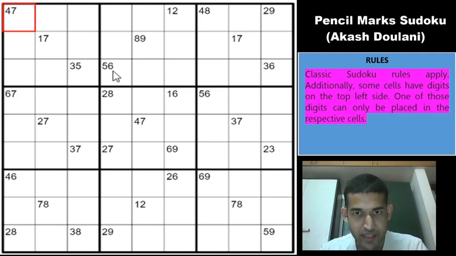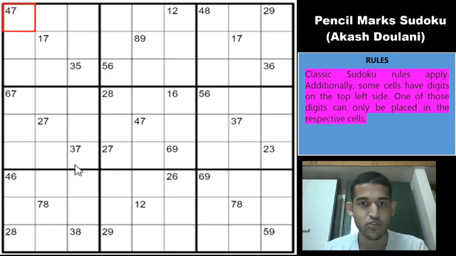As I was saying in the example, I spotted this triplet 3 5, 5 6, 3 6. As I said just now, these are the only possible candidates that can go inside the cell, which means that we have a 3 5 6 triplet in row 3 column 3, row 3 column 4 and row 3 column 9. It's not helping right away, but we have just spotted a triplet. In these kinds of Sudokus, the author can incorporate any particular technique or they can design or build a solve path that is very specific to what they intend to build in the solve.